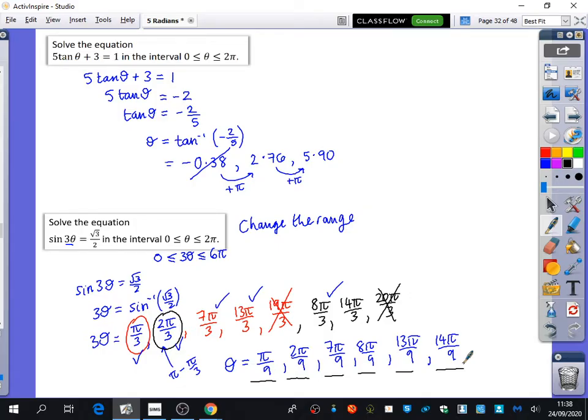It's because of the 3 theta, okay? When you think about a graph, sine theta does this kind of pattern, right? This is sine theta. What would sine 3 theta look like? It would look like this: 1, 2, 3. So when we're talking about solutions to an equation, and this is all from the previous videos,